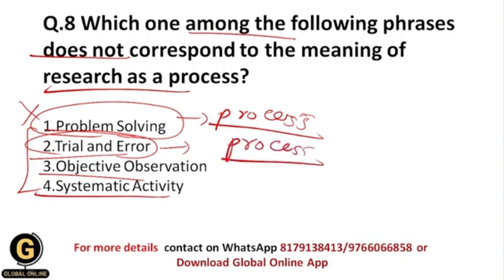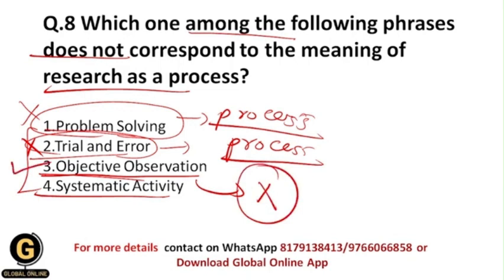Okay, this is nothing but a process, or you can say it's a method, and that's why this is again the meaning of research as a process. So this gets eliminated. Now objective observation is the data collection method, in which we fairly observe the participants. Okay, and that's why this is not a process. This is the data collection method, and that's why this is the correct answer to this question, because it is